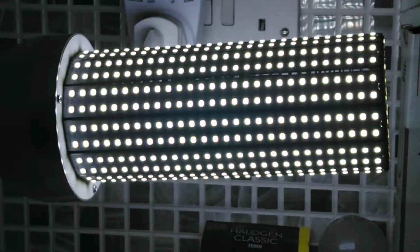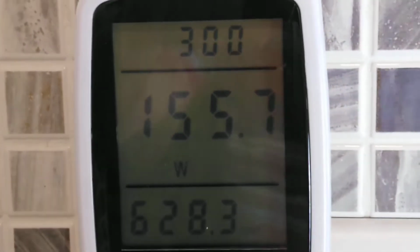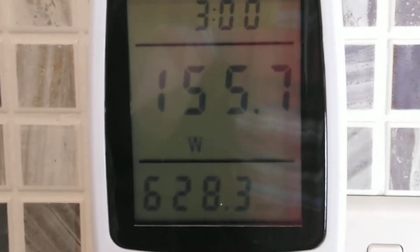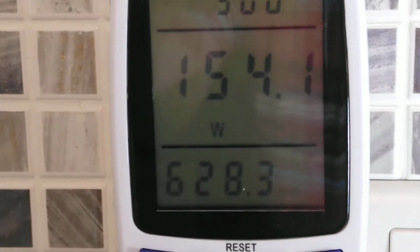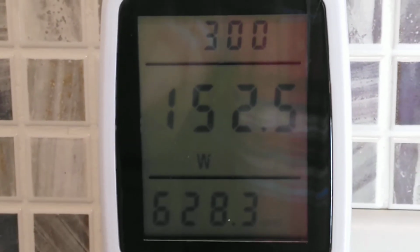So what I think we'll do is we'll look at the power factor again, and then we'll move on to the final light. Right, so this is the power factor, and it's quite interesting, this one, because this 100 watt light is pulling 154.1 at the moment with a bit of a flash, which you can just about see. Now I'm not showing the lamp,